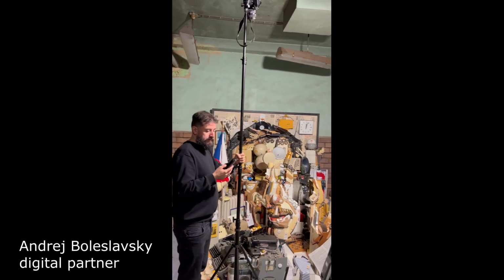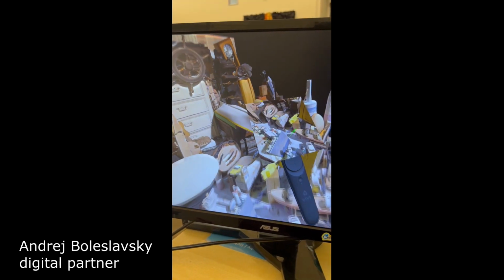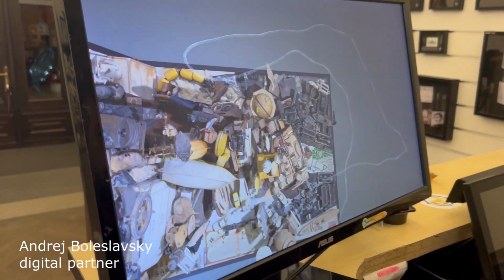I'm not sure. For me, it's also interesting space, the digital, because that's quite new for me, I didn't work like this. For example, these anamorphic installations, I must do it in reality from physical objects. It is the sculpture what is in the museum. But then I have my digital partner, digital guru, and we are making a photogrammetric scan, which is totally new space for me, and a 3D model of these installations. So it is quite a lot of digital craft, and I see that the digital work is the same craft like sculpture craft, or ceramic or some others,